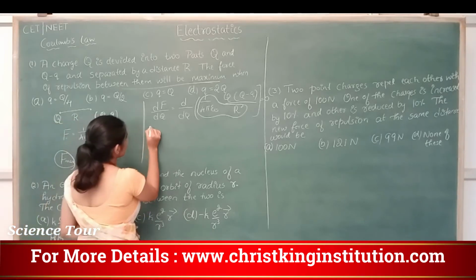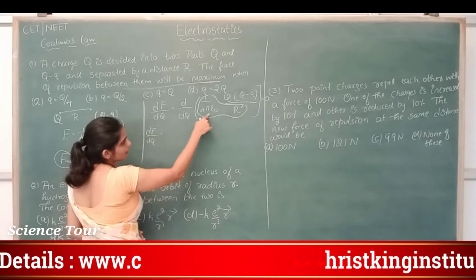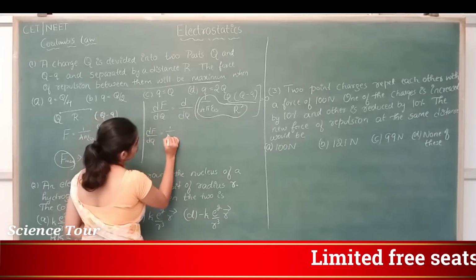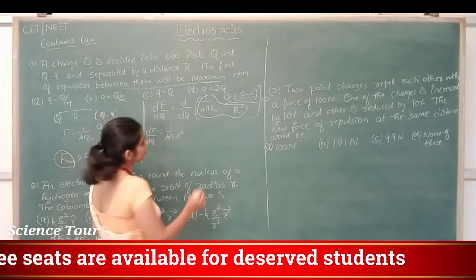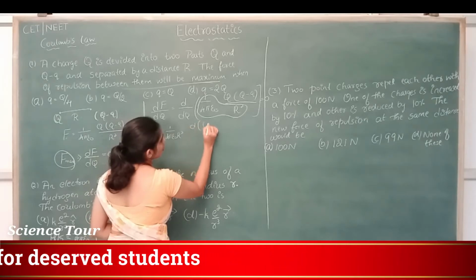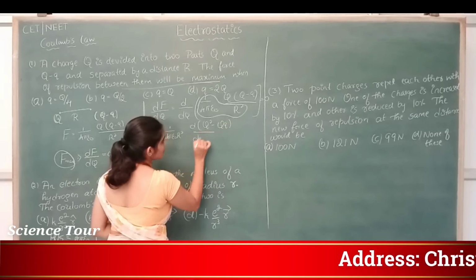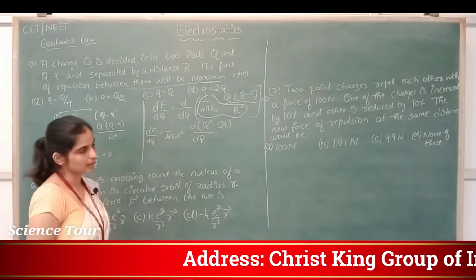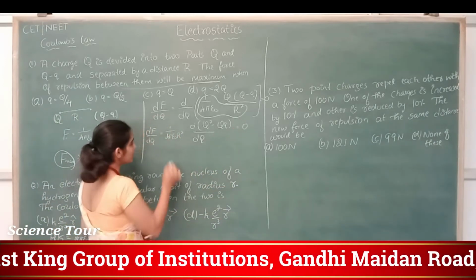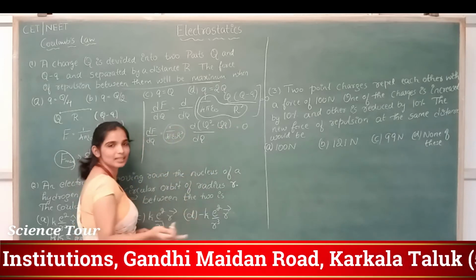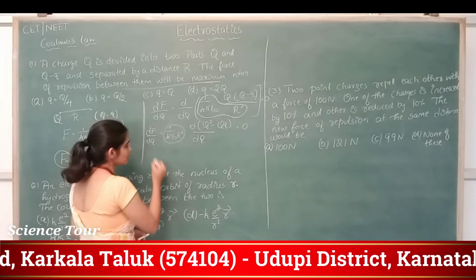Now the differentiation of force with respect to charge, when these constants are taken outside, is 1 by 4 pi epsilon naught r square, times the differentiation of Q q minus q square with respect to charge. Am I right? Yes. Now this should be equal to 0. If I bring these terms to the right hand side, it is 0.